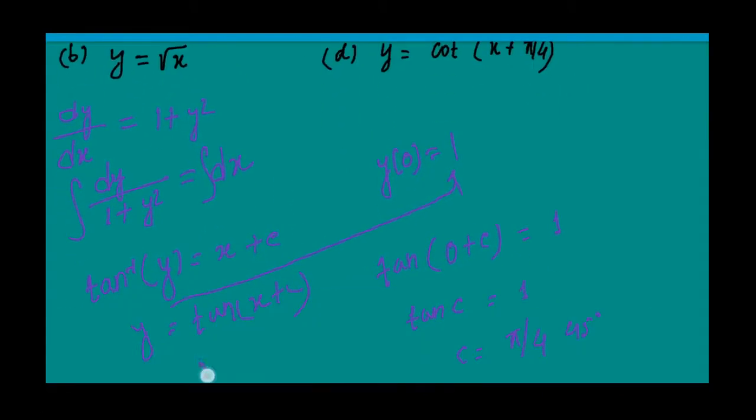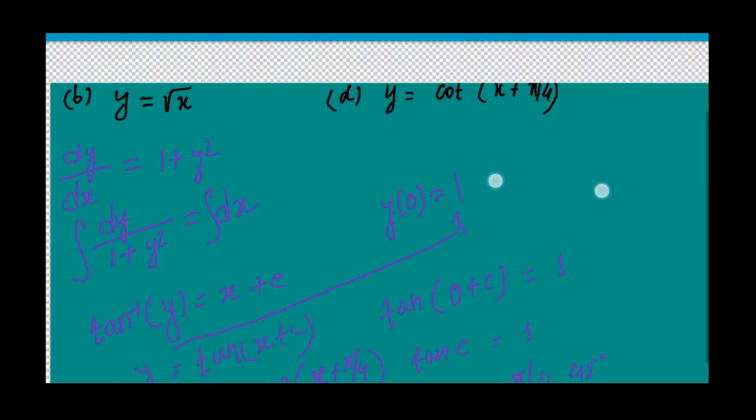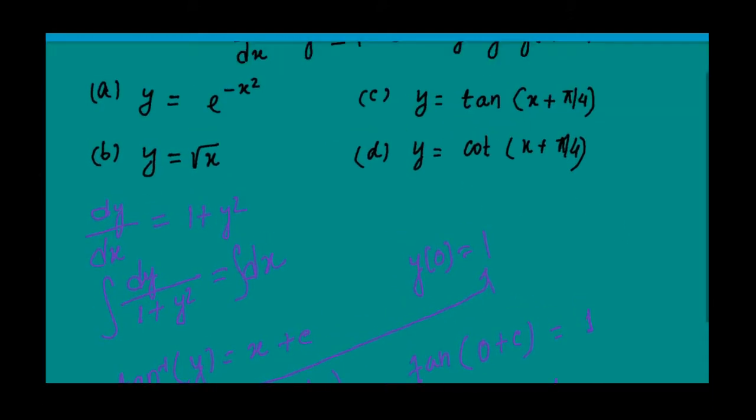So what will be the answer? y is equal to tan of x plus pi by 4. So here option C is the correct answer. y is equal to tan of x plus pi by 4. So next question,